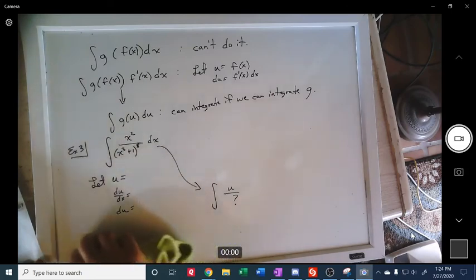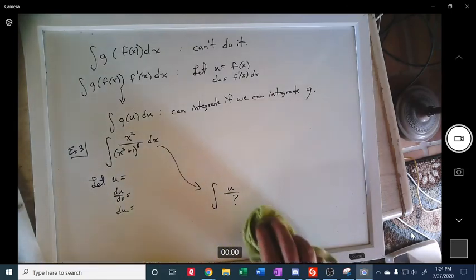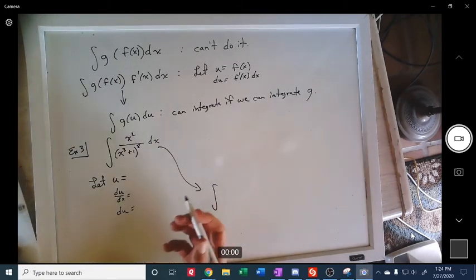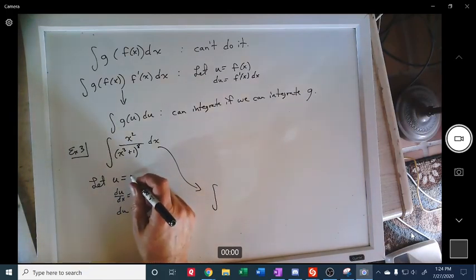Don't expect you're always going to get the right answer each time with this u substitution thing. You might have times you pick something and it doesn't work, and then you gotta go back again at it. So if we take it as the bottom,